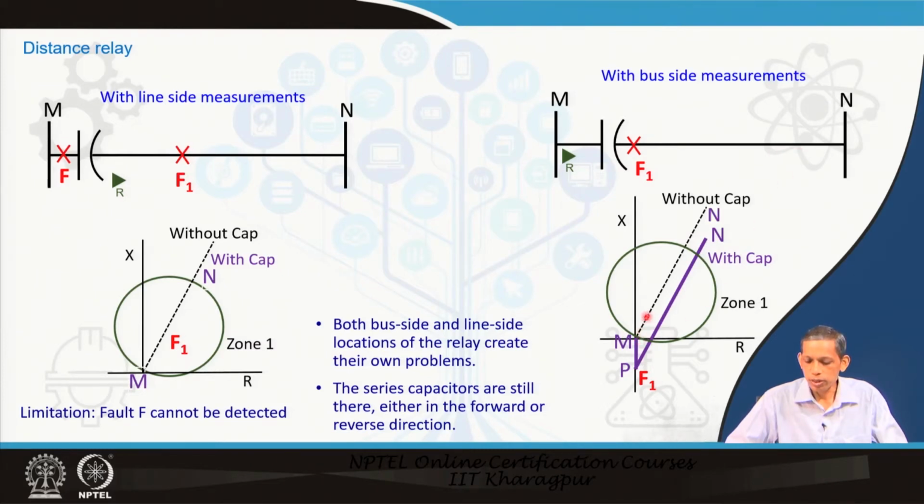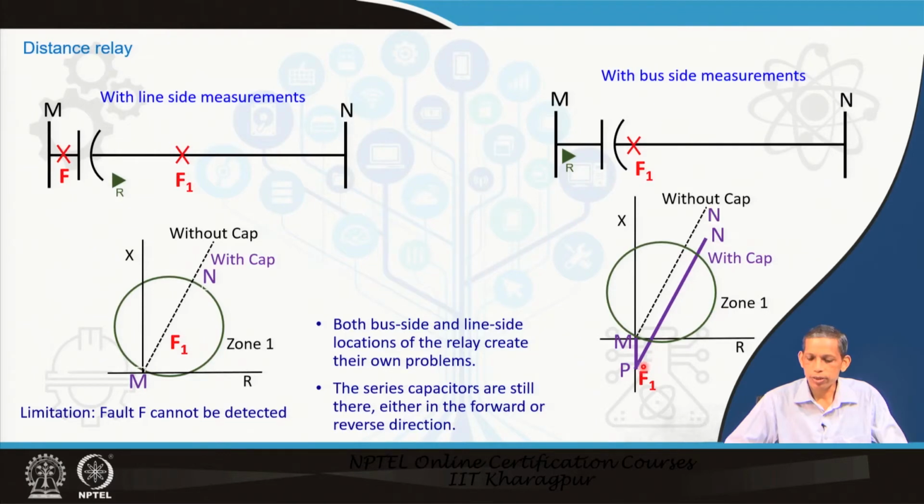It means that it is the normal line impedance up to the fault point. The dotted line is for the case without the capacitor. With the presence of the capacitor in the fault loop, the capacitor is at the relay location, on the sending end side from the M bus. Depending on the capacitive compensation, minus j Xc, this dip will be there in the R-X plane, and then it will increase again for this line section with the R and X value of the line in parallel with this. Therefore, this dip will be the same till the zone 1 setting or the other settings. For the zone 1 setting we have shown this.